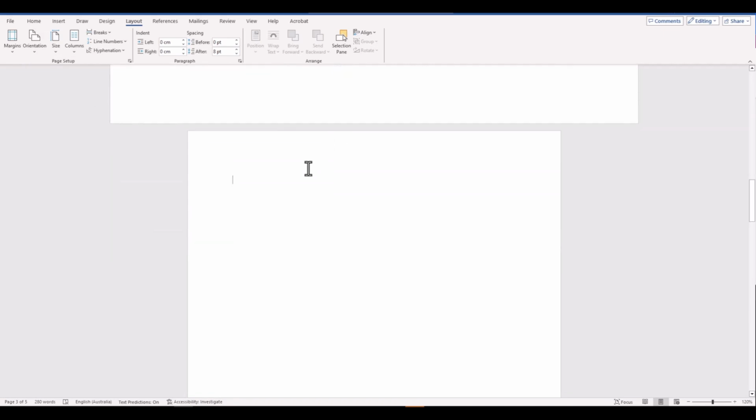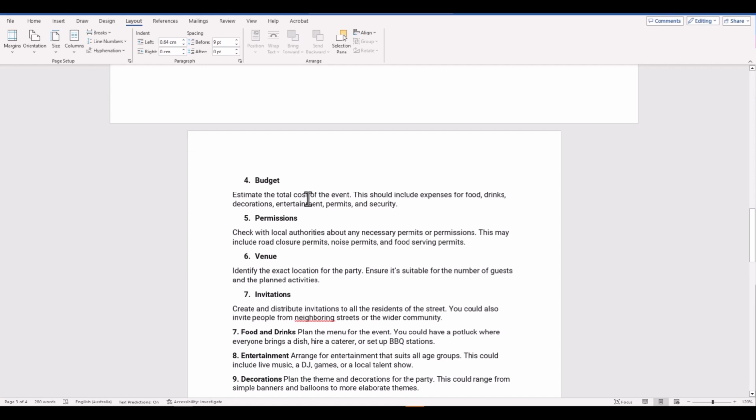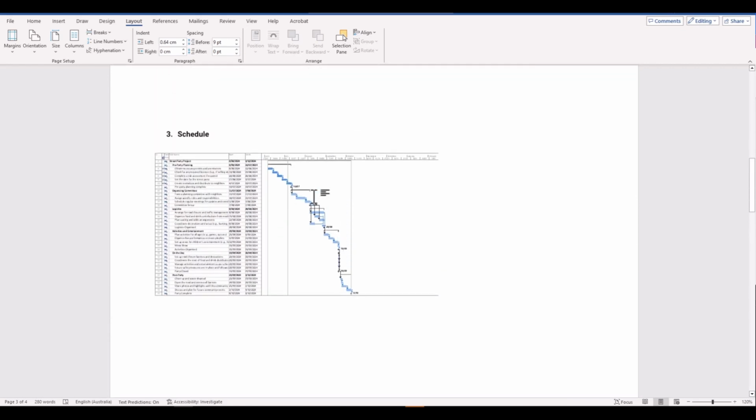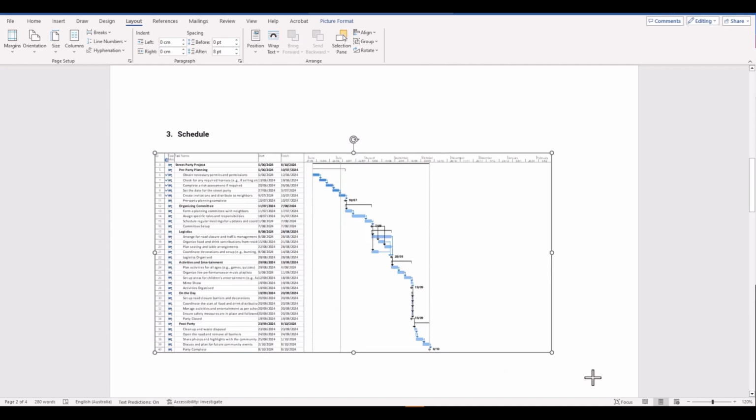Now, to tidy this up, we'll send back the text on the subsequent page so it's nice and neat. So all of a sudden we have our schedule where we want it in landscape mode, and we can now continue to enlarge it so it's a little easier to cope.